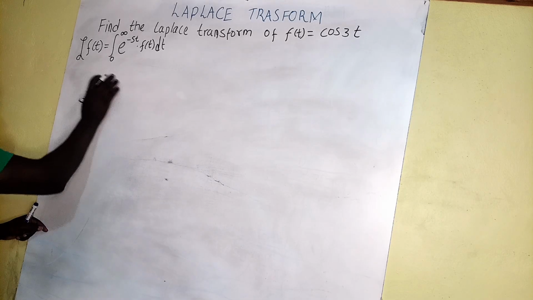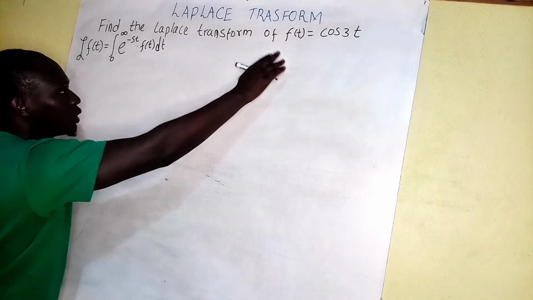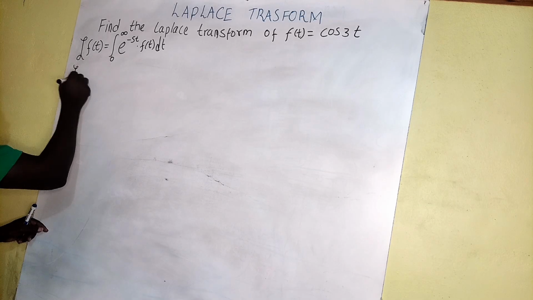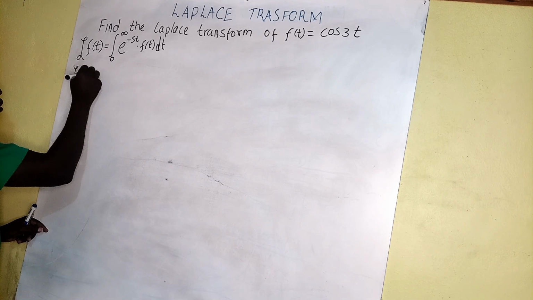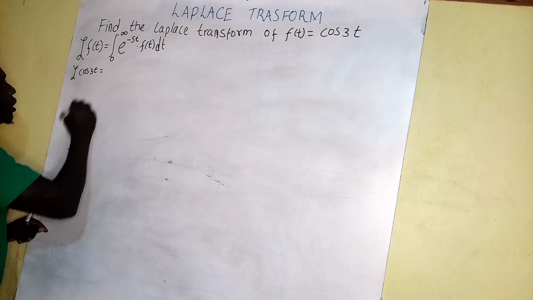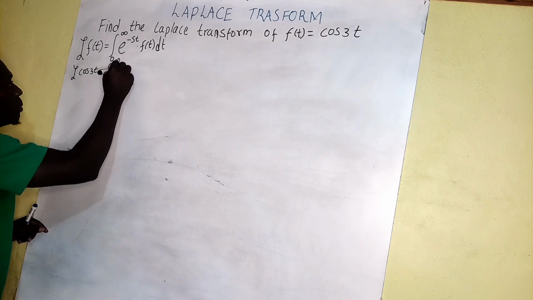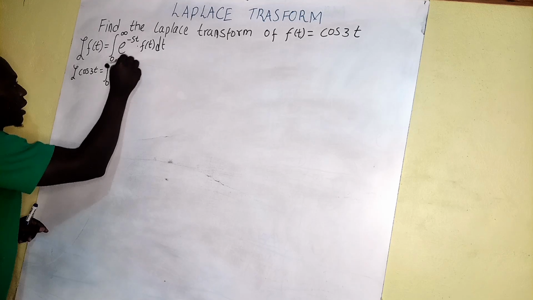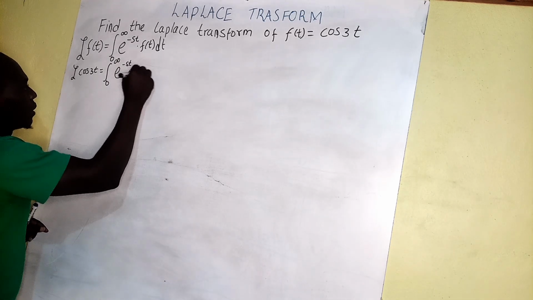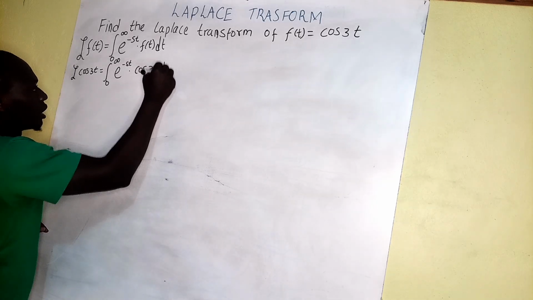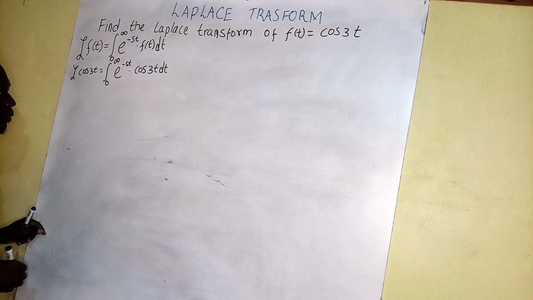Now, at this point, we understand that our function f(t) is equal to cos 3t. So the Laplace transform of cos 3t will be equal to the integral of exponential negative st multiplied by cos 3t, and our integration is with respect to